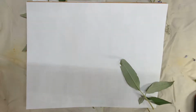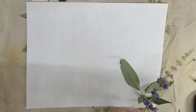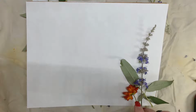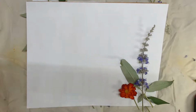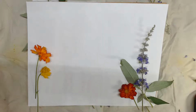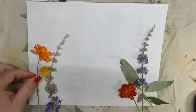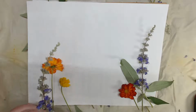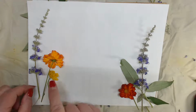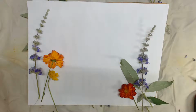Now I want to do a combo of some of my Vitex and introduce my Cosmos. And just add a few of these in. A couple different colors. Next year, we're going to plant more Cosmos in a variety of colors. My husband just picked out the oranges and the yellows this year. Well, we didn't know. My boil the other day, I did some zinnia and I did some marigold. And really, the only thing that gave me any color was the Vitex and the